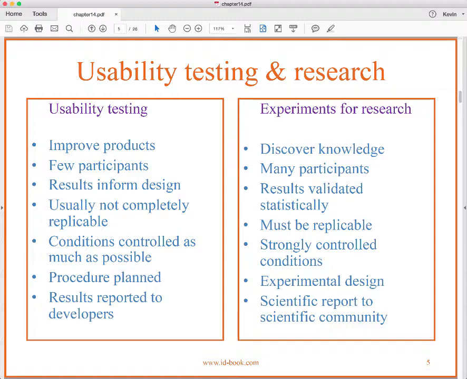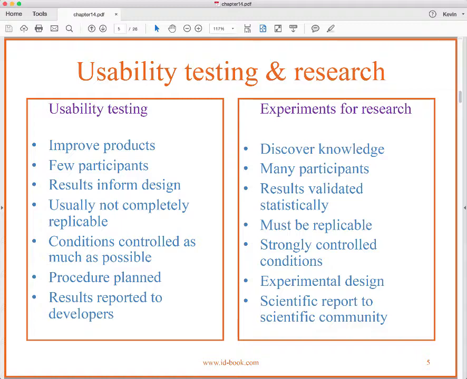Our conditions are going to be controlled as much as possible. The procedure that we follow is going to be planned. And the results are going to be reported to developers. So we're going to be as professional as possible, but we might not go to the full extent that we would go to if we're over in the right